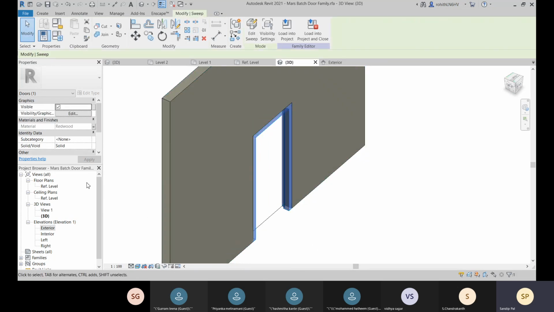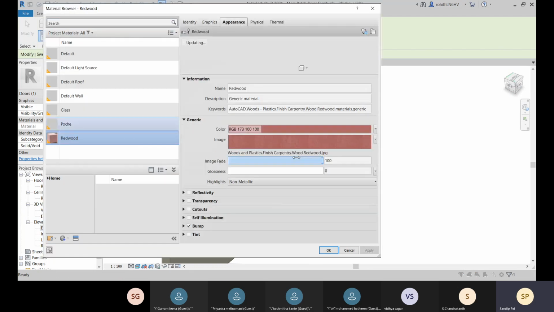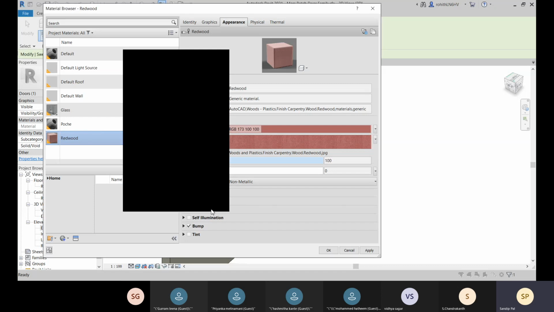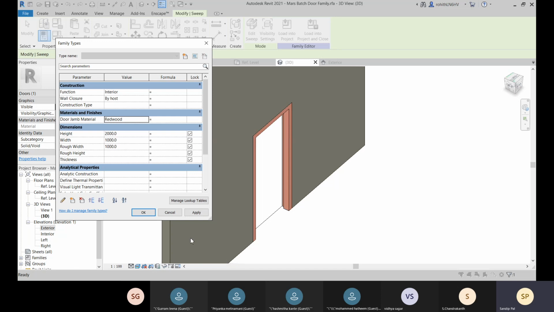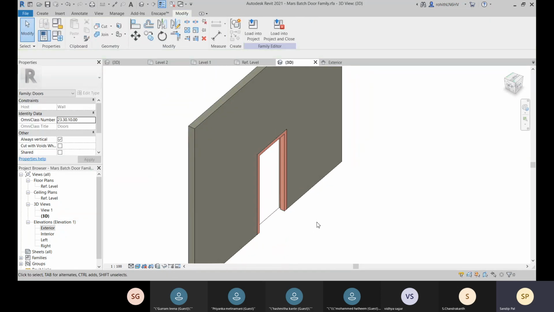All right. So you can again come to this, and suppose you need to change this again, you can come to this appearance option, and there you can go for this. Okay. And this is your brightness, and again, these things you can change for the color. All right. Let's go for a little bit dark and apply. Okay. Yeah, so now it's fine. And let's create our door panel over there.